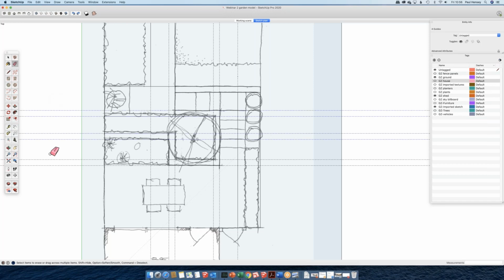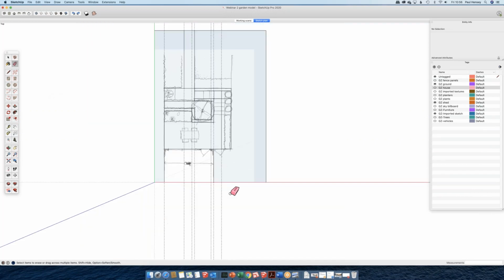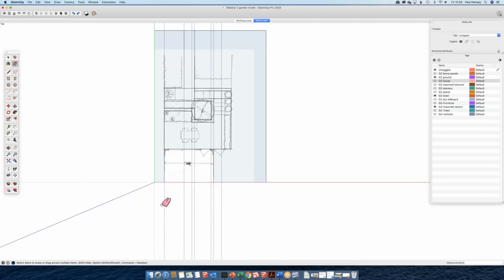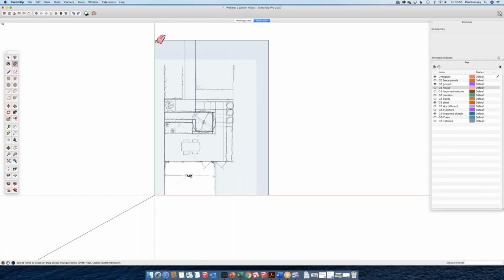I'm going to zoom out. It is essential when using SketchUp to use a 3-button mouse. And that is really a mouse with a split down the middle. It's got a definitive left-hand button, right-hand button, and a wheel in the middle. And the wheel,